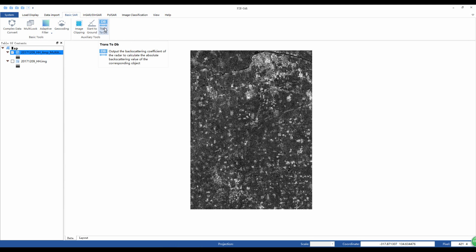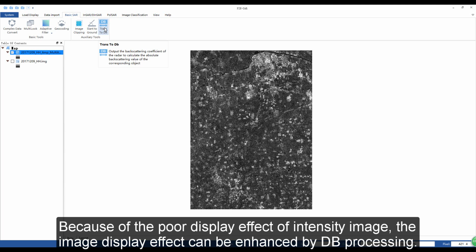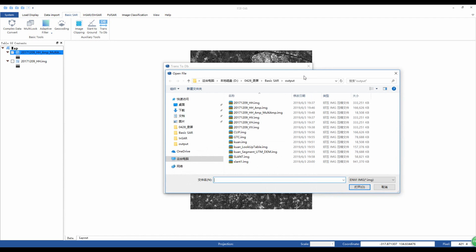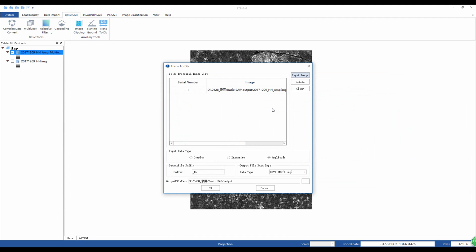Last function, transform to dB image. Because of the poor display effect of the intensity image, the image display effect can be enhanced by dB processing. The input file chooses the intensity map after complex data conversion. Select the output file. Click Save. Click OK. Transfer to dB